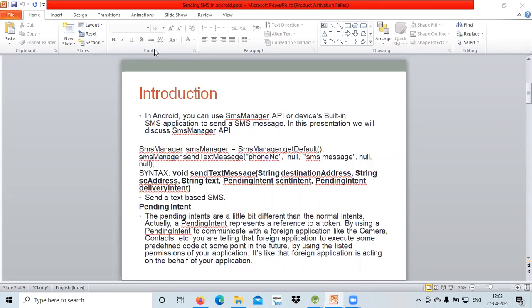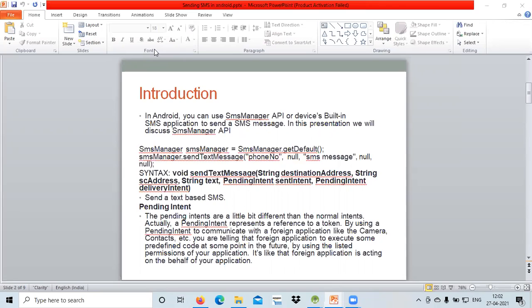Why do we require all these things? There are applications where we are using cameras and contacts and so on, but it is not that every time we are using the same thing. In WhatsApp we are using the camera also, right? When do we use the camera? When we need to make a video call.